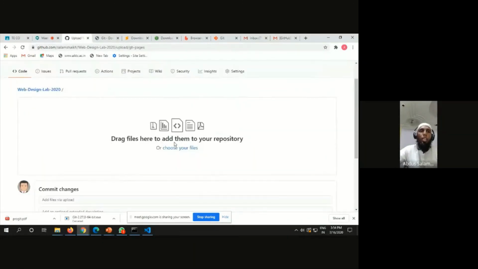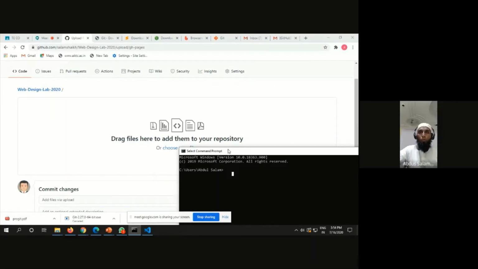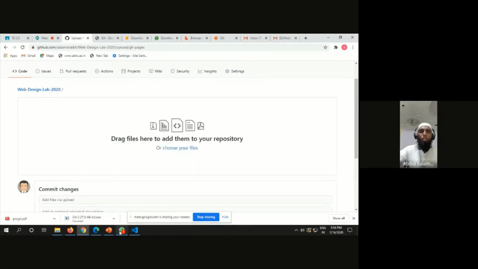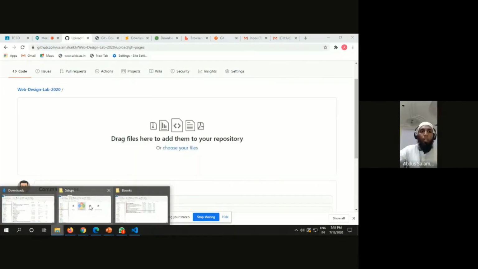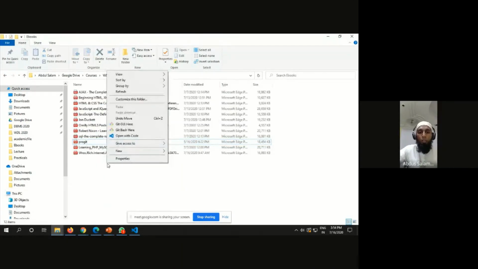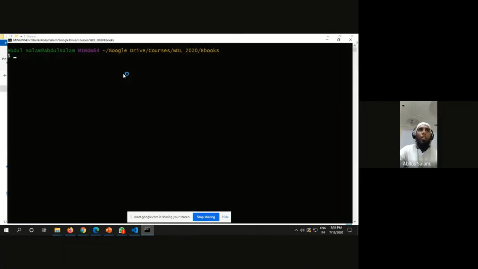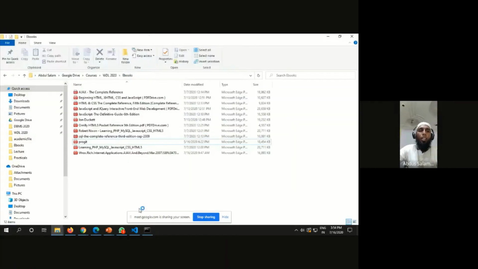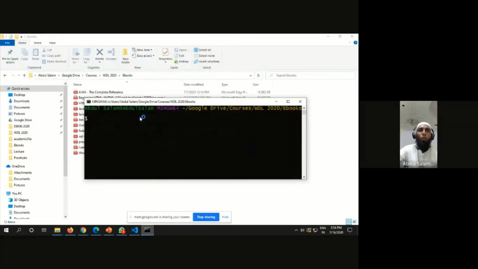You can drag and drop. But on the other side, we can do the same thing from our console also, that is from our Git bash command. Let us say I have some code here and I want to push that code into the GitHub account. So I'll be opening the Git bash command here, and I'll tell you the commands which will upload all my code from my desktop to the GitHub server.